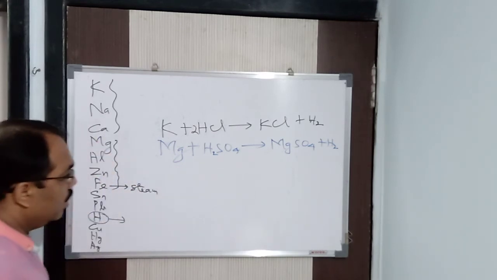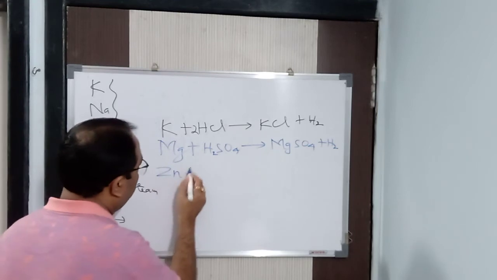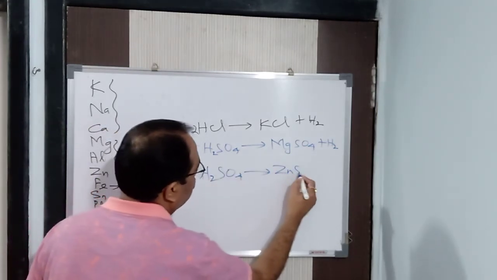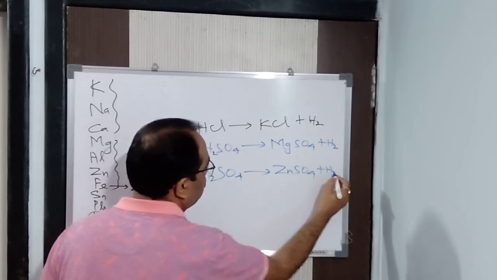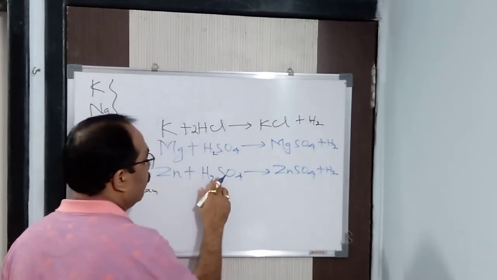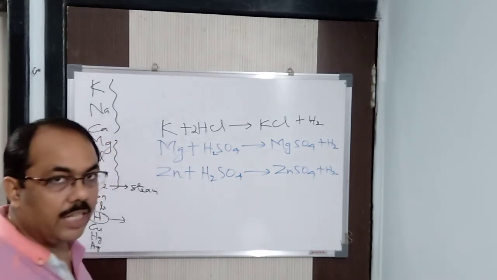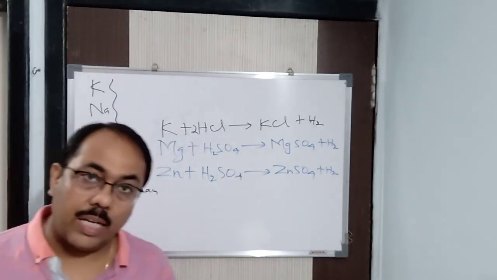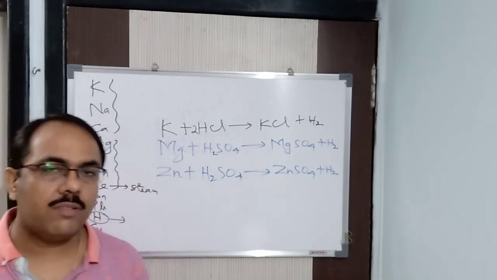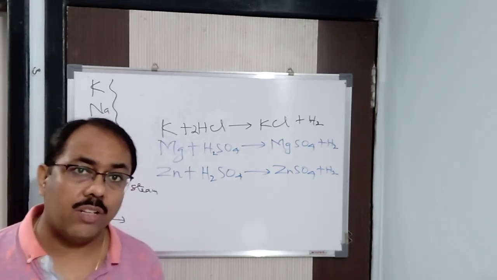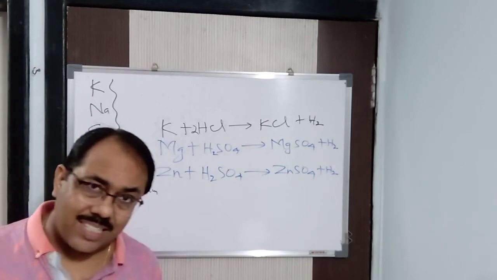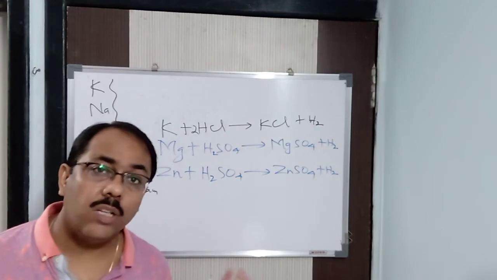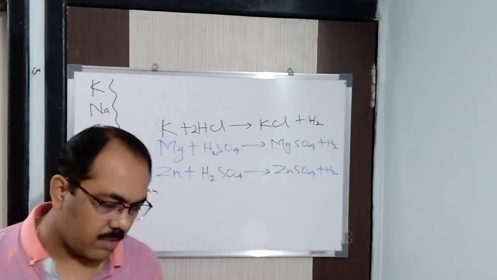Generally we take zinc. Zinc reacts with dilute sulfuric acid to form zinc sulfate, and hydrogen gas is evolved. Zinc is basically used for the laboratory preparation of hydrogen. I'll tell you the reason also why I am using zinc. You can take aluminium also. Aluminium reacts with sulfuric acid to form aluminium sulfate, and hydrogen gas will be evolved in this way. So the less active metals can react with acids to give you hydrogen gas. The less active metals, mind it.